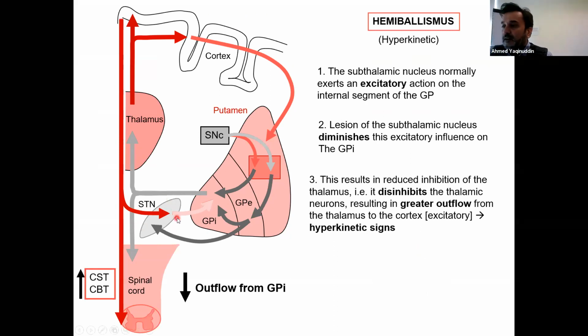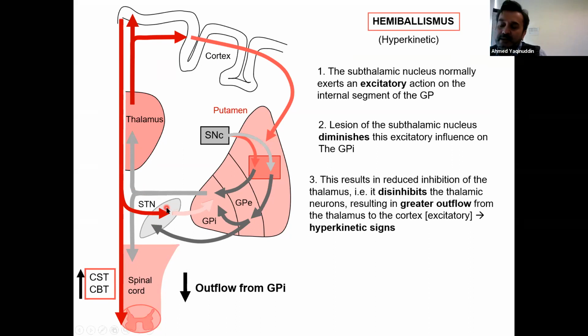You can have an infarct of the subthalamus, and because of the infarct the subthalamus is unable to excite the globus pallidus interna. As it cannot excite the globus pallidus interna, the inhibition from the globus pallidus interna to the thalamus will decrease, and there would be excitation of the thalamus, and you have hemiballismus. Half side of the body is going to have these excitatory type of movements or ballistic movements, and that's why it is called hemiballismus, and it happens because of